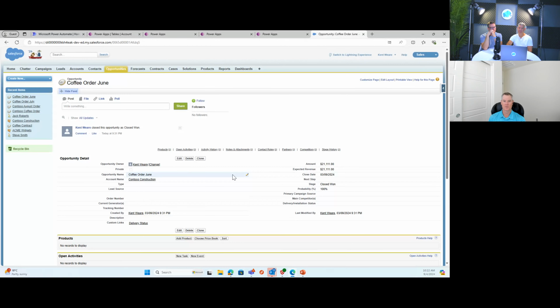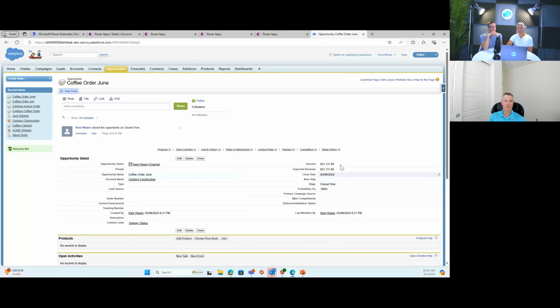We've got Salesforce, which is our system of record for our accounts, our contacts, and our opportunities, which are basically our agreements. And then what we need to do is integrate that with Dynamics for another part of our company. And so that's what I'm going to go ahead and do here.